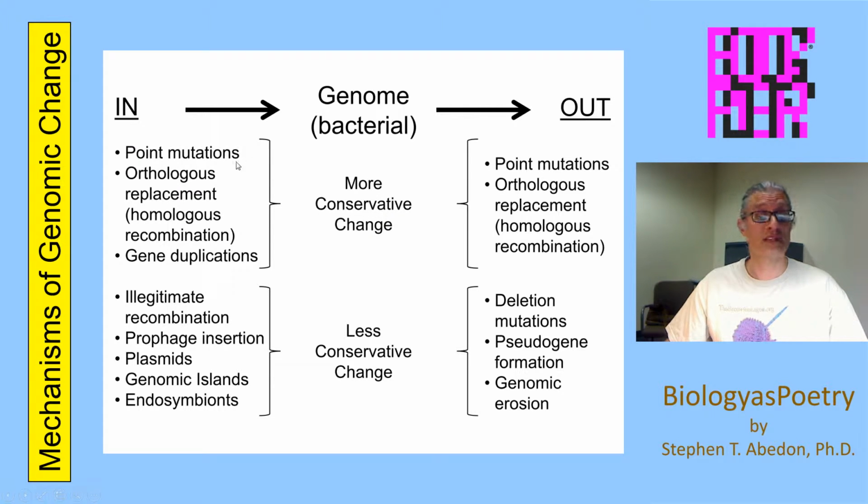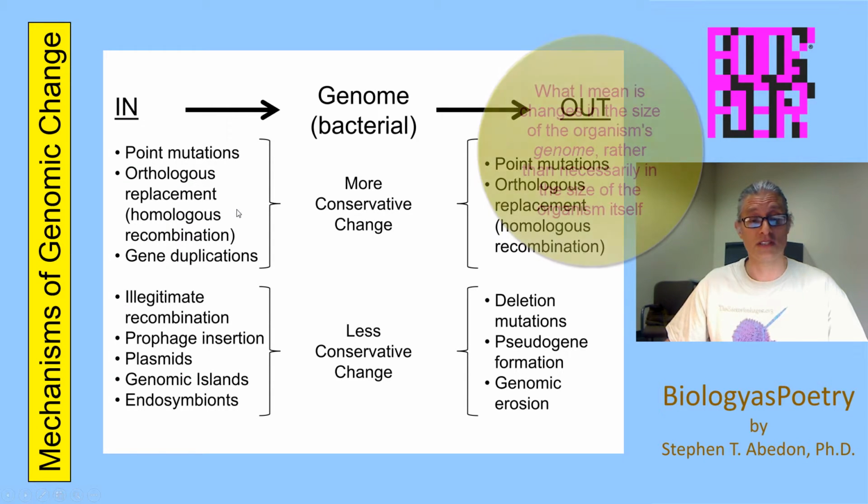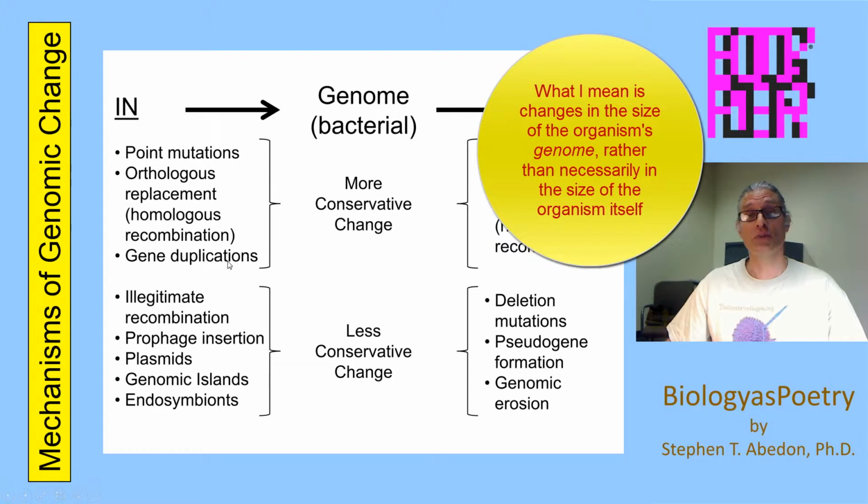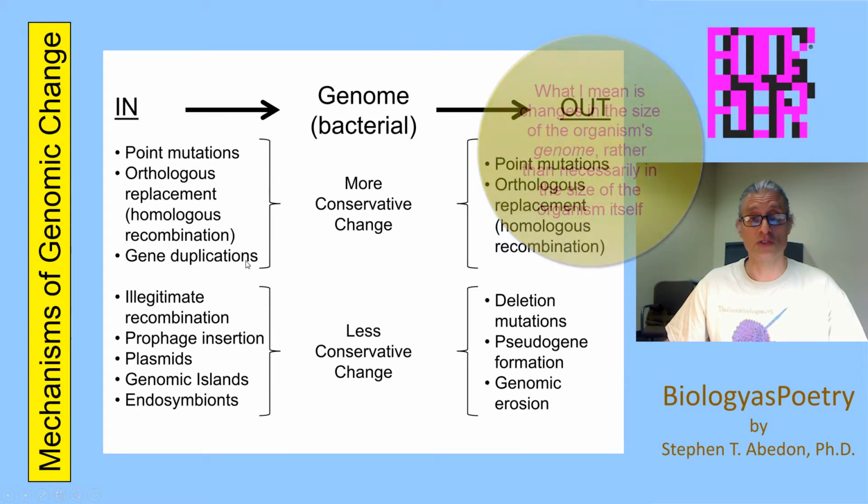Less radical changes include point mutations. This introduces new information into genomes, although it doesn't necessarily change the genome size. Orthologous replacement, where you're swapping one gene for another gene. It's new DNA or genes coming in, but it's not also changing the size of the organism. Or gene duplications, which in fact do change the size of the organism, but don't actually introduce new information into